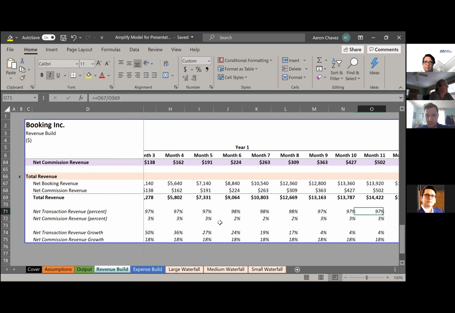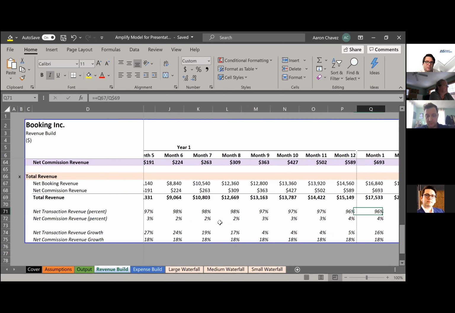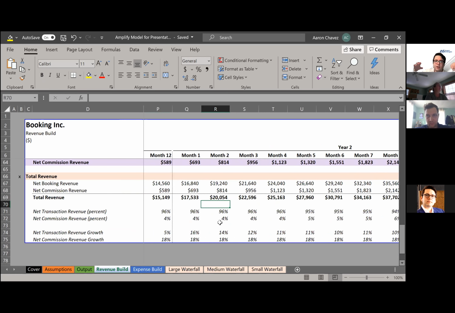And of course, because it's a projection, these assumptions are very smooth, meaning they go up and down in very smooth increments. As actuals get folded in and as actuals get asked about and actually become real, and you have 3, 6, 9, 12 months of data, you're going to see, and if you can look at any company's financial statement, if you download it off Edgar or the SEC or whatnot, you're going to see they're all choppy. They're all rough because, of course, the real world of building a business in the real world,